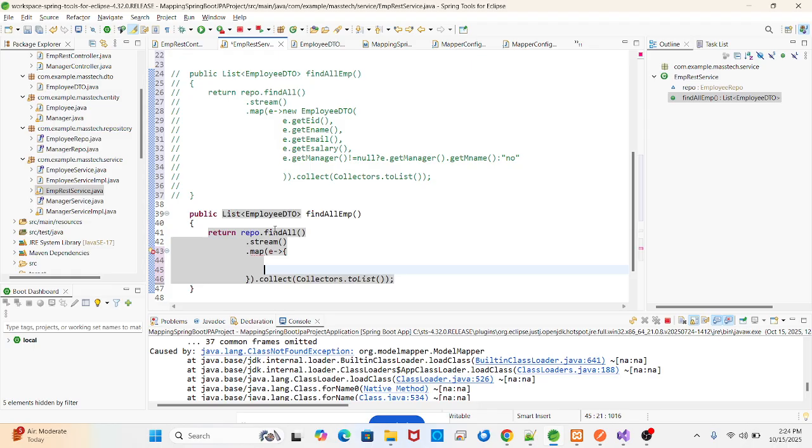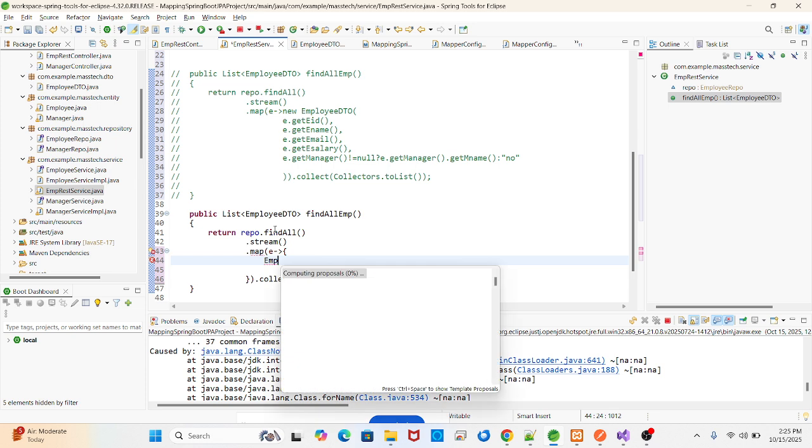Now what I want here is that we just need to return the DTO object here, because our return type is employee DTO. So here see, I'm not creating the employee constructor or anything else here. Why? Because if you call the constructor over there, it will again ask to pass all the properties for the constructor calling, then only it will work, otherwise it will not work. So I don't want that, so I'm not calling it, I am just implementing my DTO object there. So the next thing I have to do is return the employee DTO object there. So for that we will create the object of employee DTO,